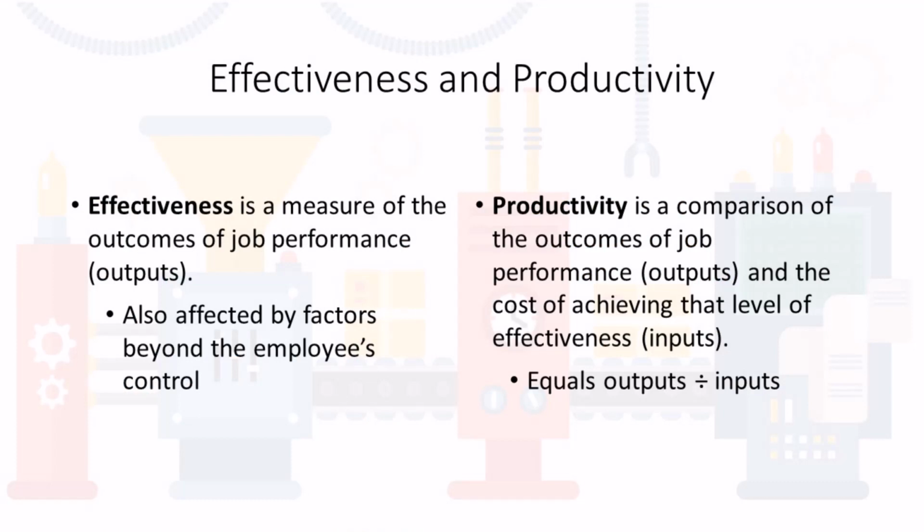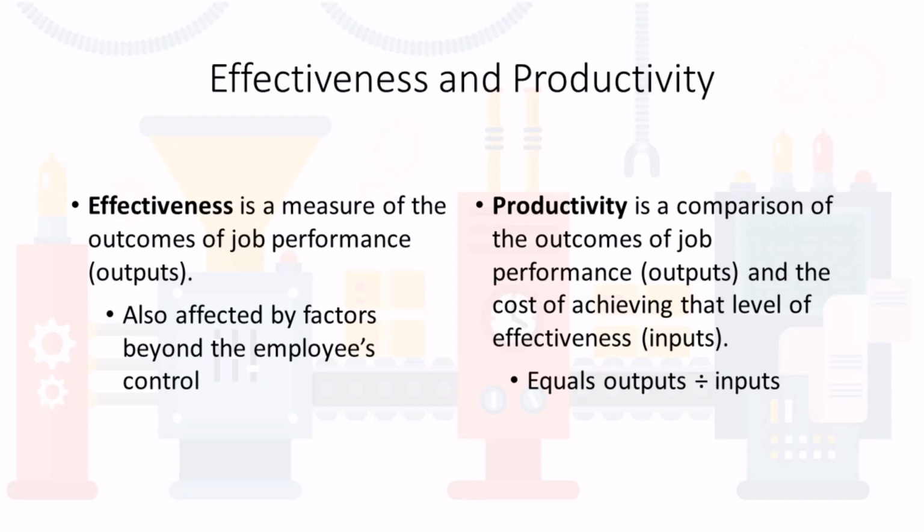You might see 2 other words that are related to, but distinct from, job performance. 1. Effectiveness is a measure of the outcomes or results of job performance. Examples include the number of jobs completed or customers served, the duration of a task, the number or volume of units produced, and the financial value of output. This measure is affected by factors that are within the employee's control as well as factors that they can't control. For example, a sales representative meets performance expectations, but due to a global pandemic, their sales for one quarter, their outputs, are lower than anticipated.